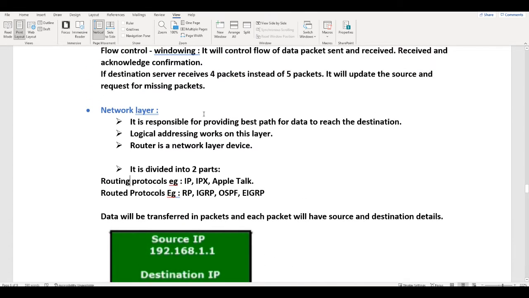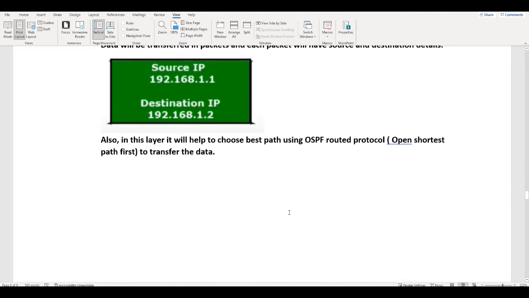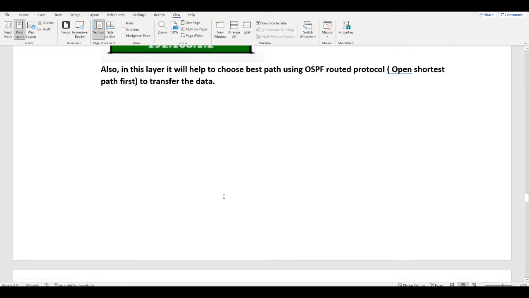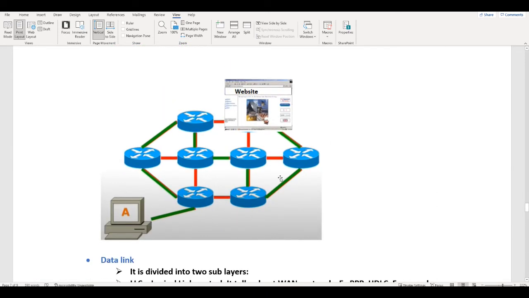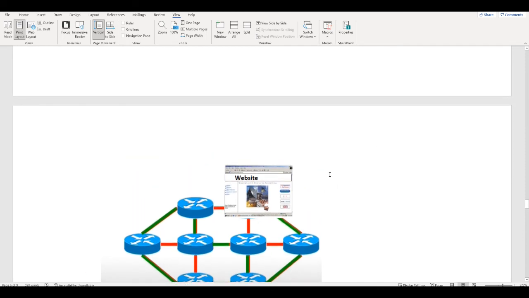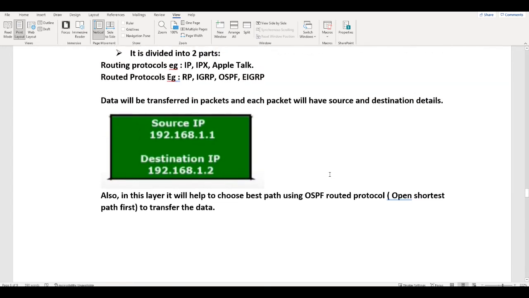That is what is explained here. It will use logical addressing. So this is a source server, this is a website, and here we have multiple routers configured. It is going to choose the best path to open the website. That is the work of the network layer.